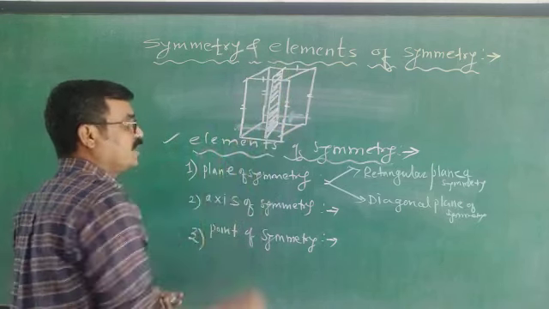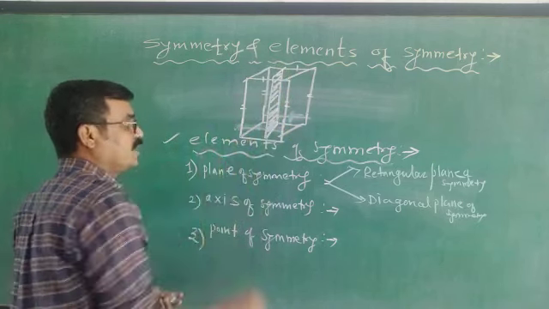Okay, from here it passes, from here it passes. This is the axis of rotation. Rotate it through 360. First of all, rotate it with 90, then again 90, means 180, then again 90, 270, then again 90, 360. Then see, this is a cube. If it rotates through 360, the first time it will be rotated with 90 degree, again 90 degree, again 90 degree and again 90 degree.